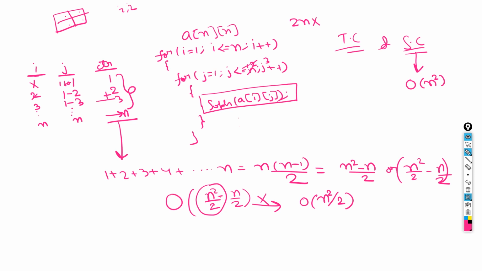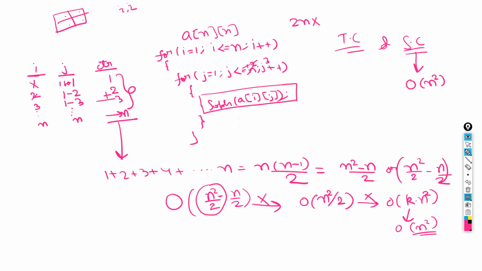So is this the time complexity? No, because, okay, I forgot to tell you how we measure this, but in the later part I will tell you how I am reducing this. Okay, so n square by 2 can be written as O of k n square, where k is nothing but it can be a fraction or it can be an integer. So if it is written in this form, then O of k n square is nothing but O of n square, because time complexity is always in terms of n square. Constant can be anything, it can be 10, 12, 14, 15, anything. We are not dependent upon that, but we are dependent upon n and the value of n over here.